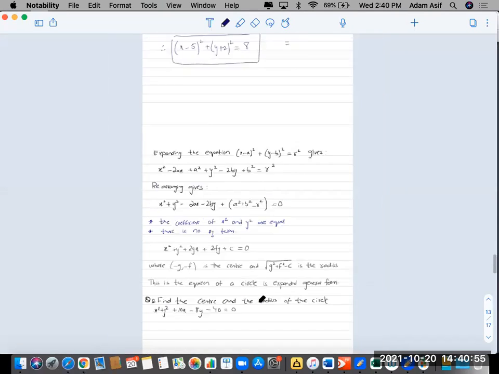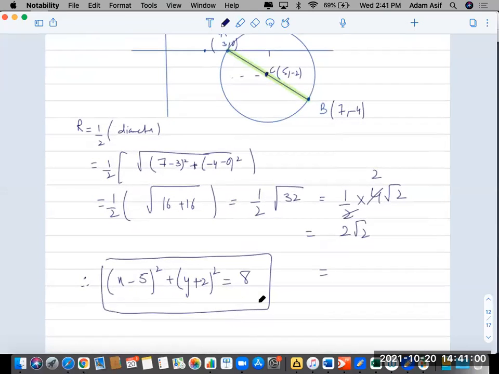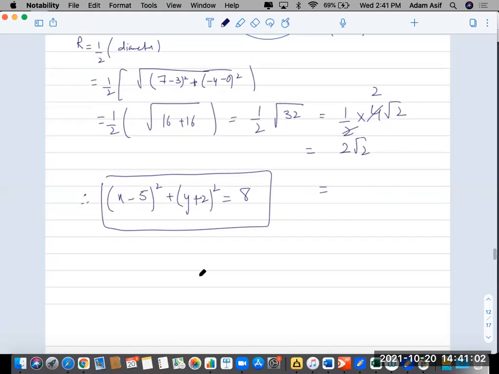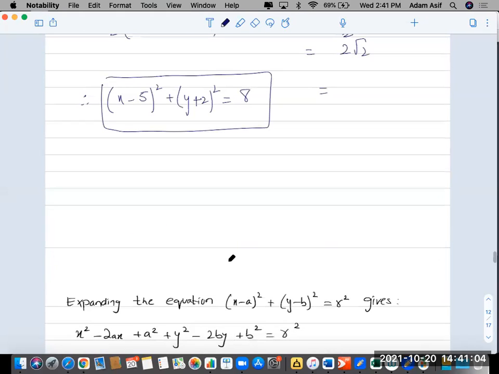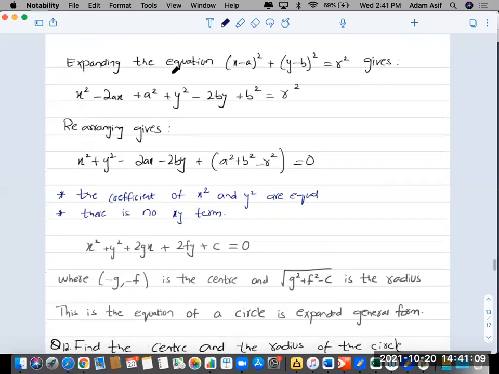Okay. Is everyone with me till here? Now this is the completing square form, okay? When you expand this completing square form, you're going to get the next form of the equation of a circle. So let's say expanding the equation (x minus a) the whole thing square plus (y minus b) the whole thing square equals r square. If you expand this, would you guys agree that this is going to be x square minus 2ax plus a square, and (y minus b) the whole thing square is going to be y square minus 2by plus b square, equals r square. Then we will rearrange.